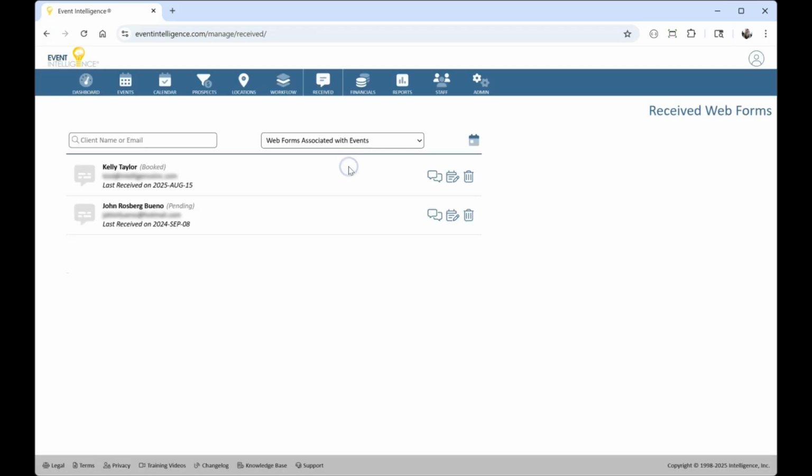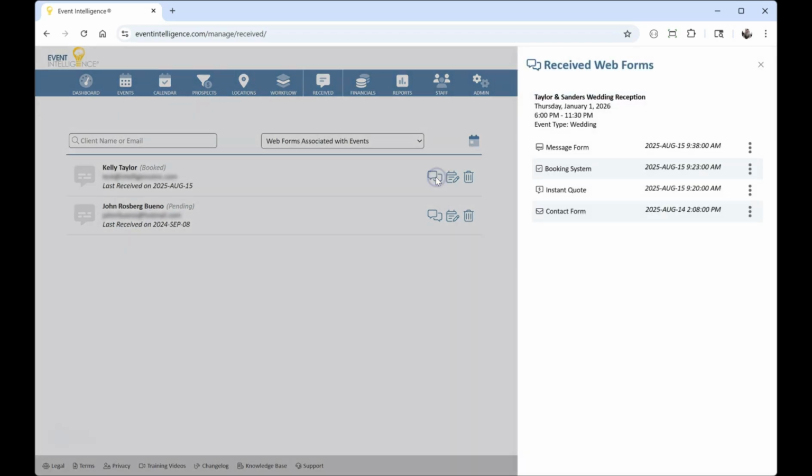And then the last icon here would be to delete all of these web forms that were received from this particular client. So let's go ahead and click on this view all and bring up the list. So you'll see here now we have received web forms for the Taylor and Sanders wedding reception, and now we have a listing with the date and time of all the web forms that have been received for this client